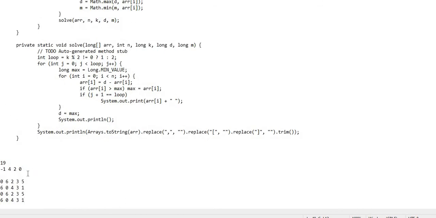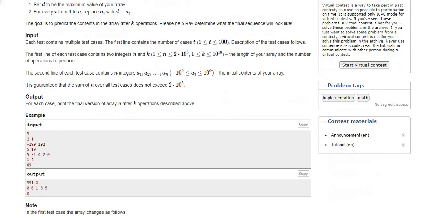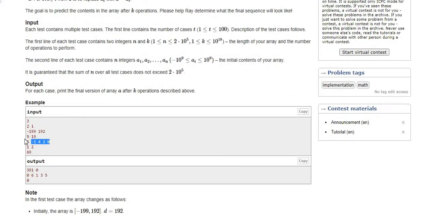Let me bring this example over here. Let's say n is 5 and k is 15. I am taking the same example, example 2 from this case.